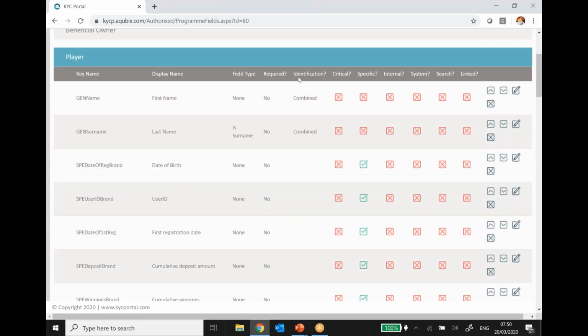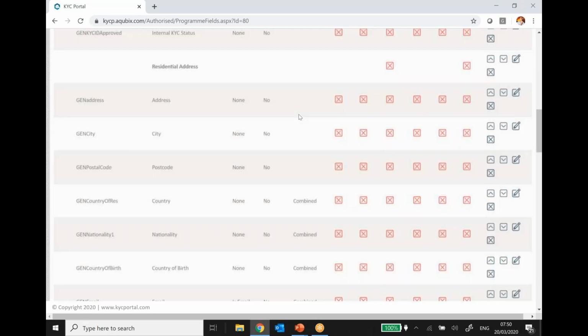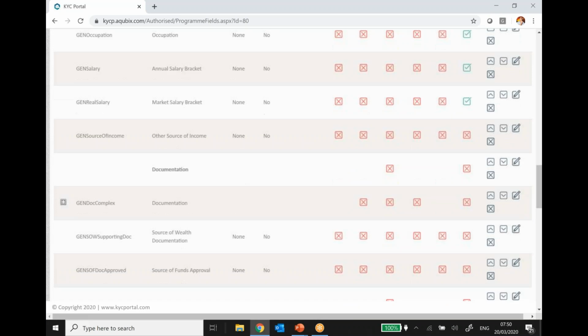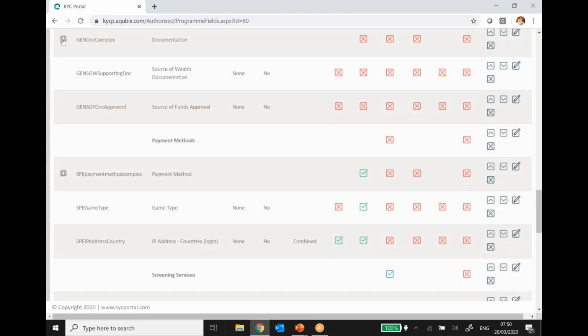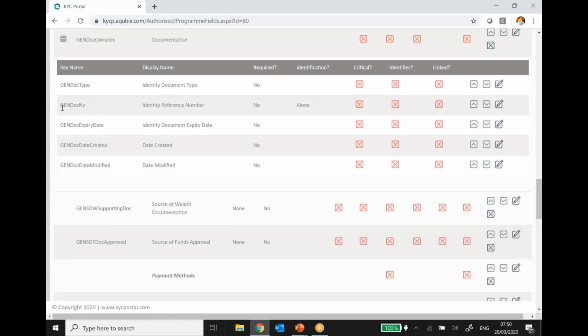The system over here allows you to define in KYC Portal what makes a subject unique across the system. And there are two types of uniqueness. So if I had to start, for example, from the obvious ones, if I go in the document requirements, over here I'm telling the system that should the number of the identity document on its own match any other player that's coming in, obviously alert me that it is the same person, the same player, irrespective if he's coming from one